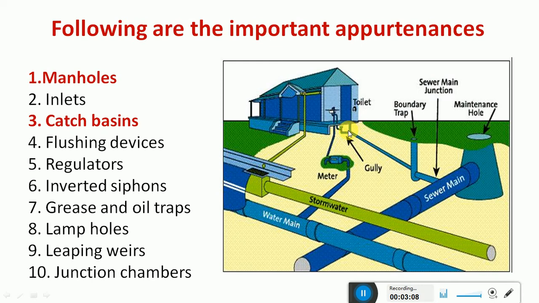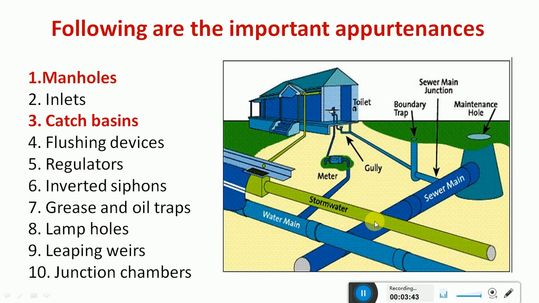This lateral is connected to maybe a branch or sub-main sewer, and it comes to the main sewer, through which it will be carried to the sewage treatment plant. Similarly, we also have to collect the rainwater or storm water collected on the rooftop of your house. That is taken in a separate storm water sewer which is running here. Remember, both of these may be present underground. These are the things which you already know.